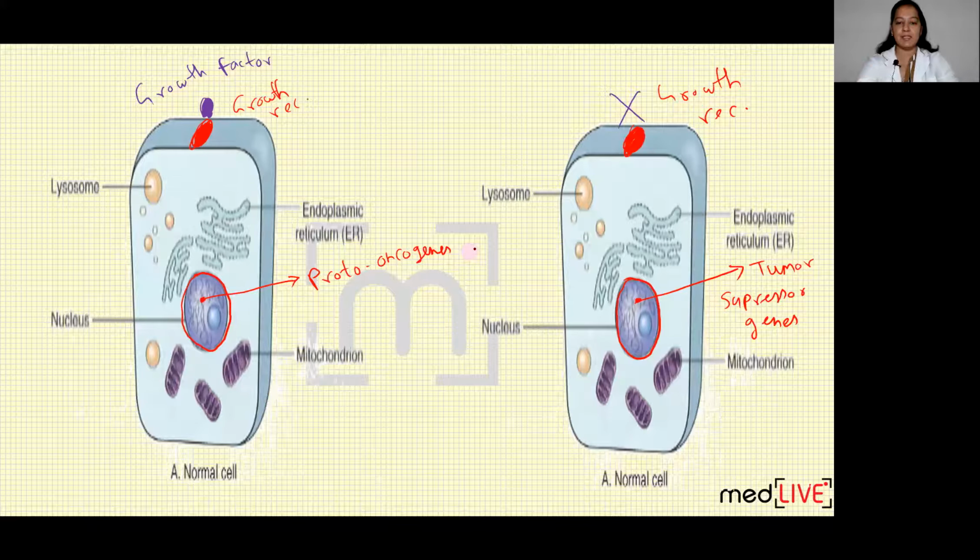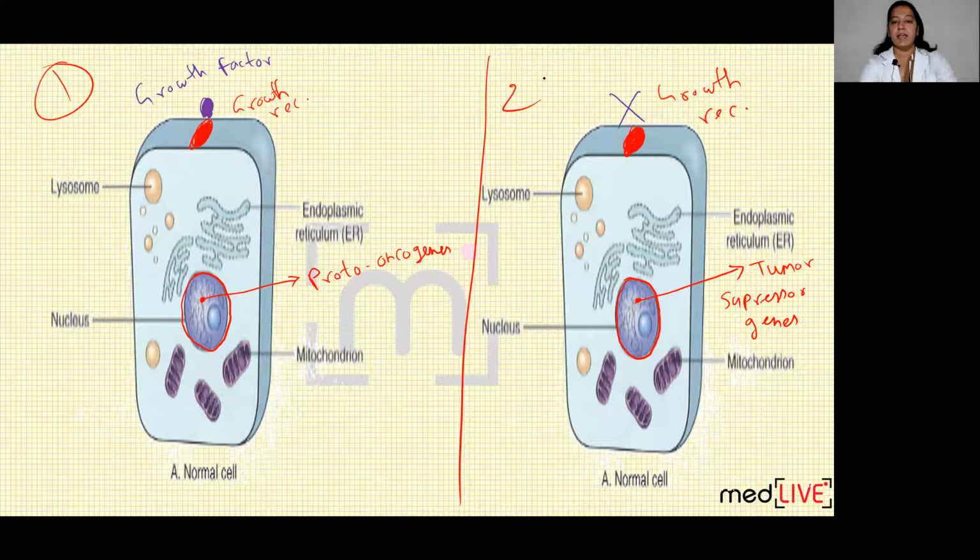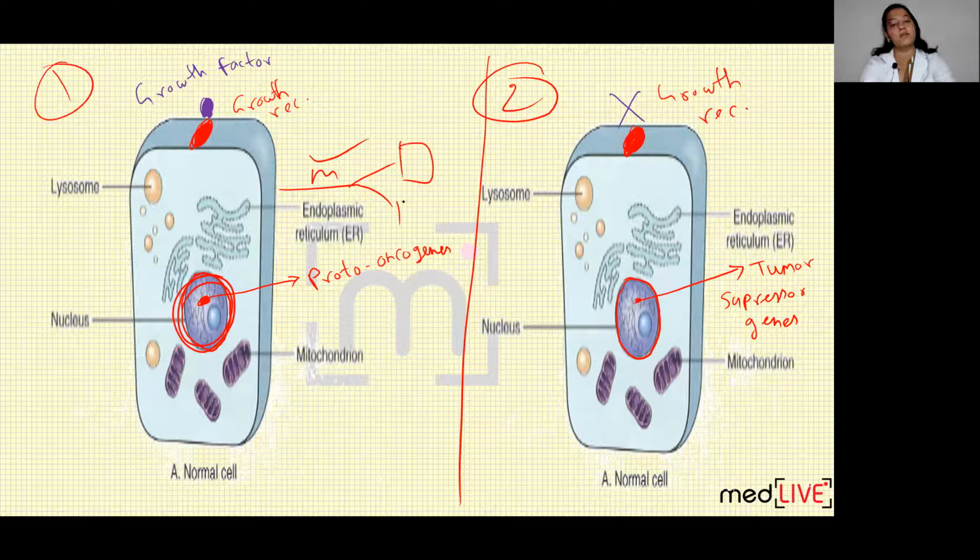In these two cells, in the first cell, you can see there is a growth factor binding with a growth receptor. I have already discussed it in the last lecture, but I am just revising it in a fast manner to have a better understanding. Growth factor is coming and binding with the growth receptor. So a gene inside the cell gets stimulated, which is known as proto-oncogene, and with the help of stimulation of these genes, transcription and translation occurs. A protein is formed which causes mitosis in the cell. Mitosis occurs in the cell, and out of the one cell, 2 cells will be formed because proto-oncogene gets stimulated.